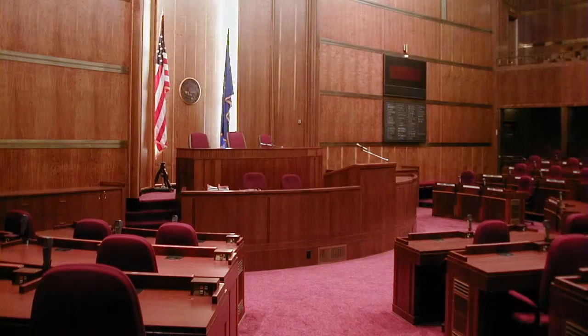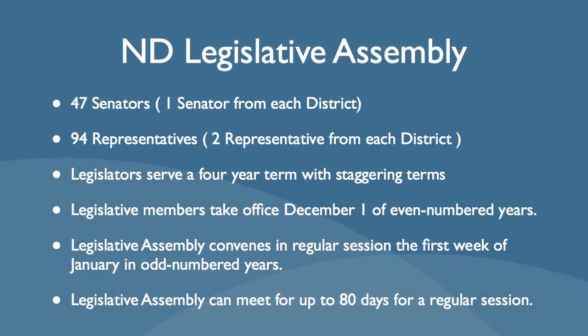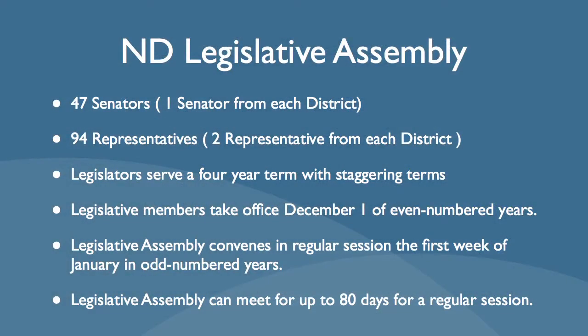So the first thing on the first slide that you will see is the North Dakota Legislative Assembly. Currently we have 47 senators. There's 1 that is elected from each senatorial district in the state of North Dakota, and 94 House of Representatives, 2 representatives from each senatorial district. The legislators serve a 4-year term, and the legislators take office on December 1st after the election on even-numbered